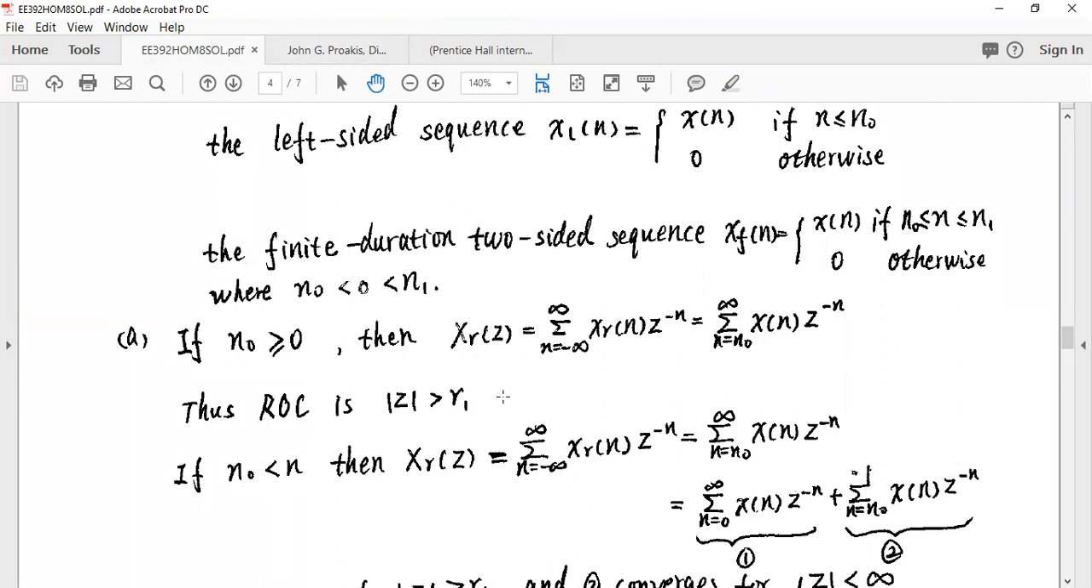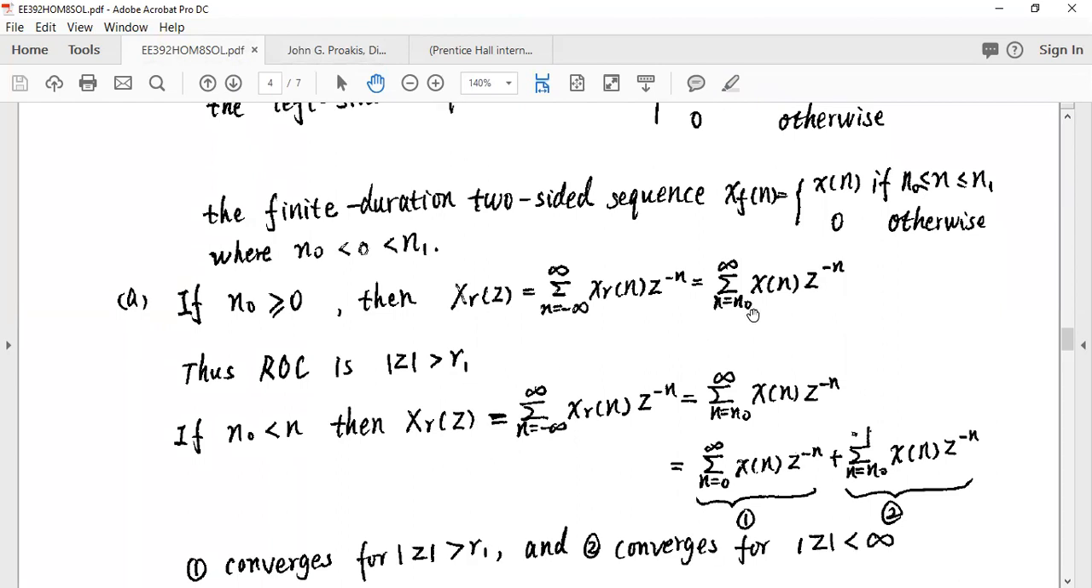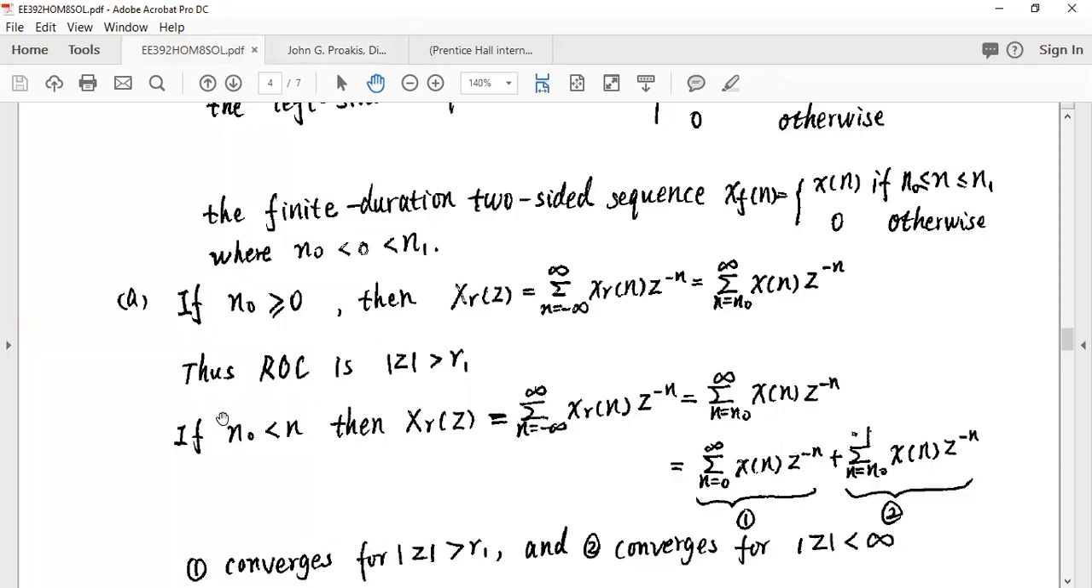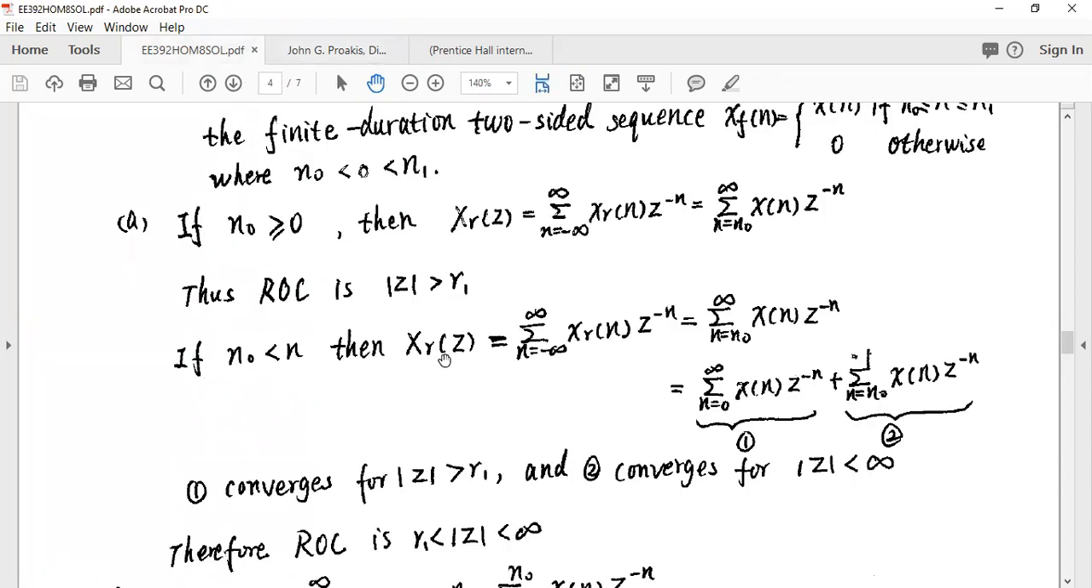Now, what if n naught is less than 0? Let's say what happens if this sequence shifts to this side. Rather than starting at 0 or at some point on the right hand side, the sequence starts on the left hand side at some value of n naught. In that particular case, the z transform of the right hand sequence will be equal to